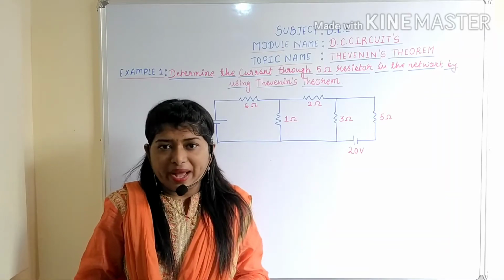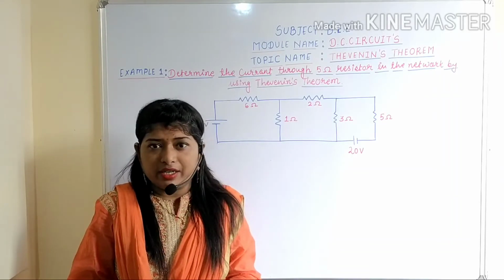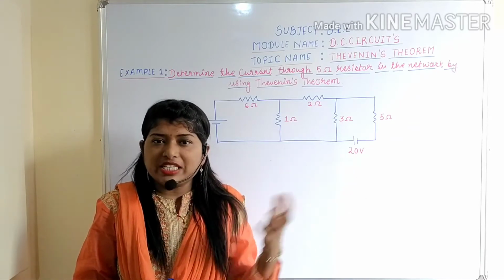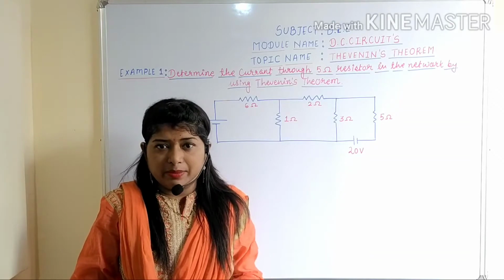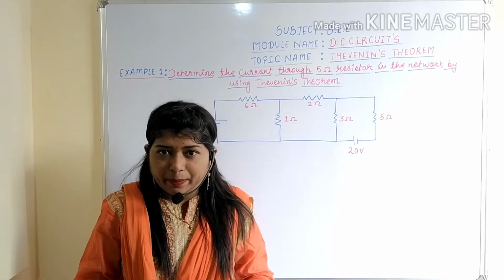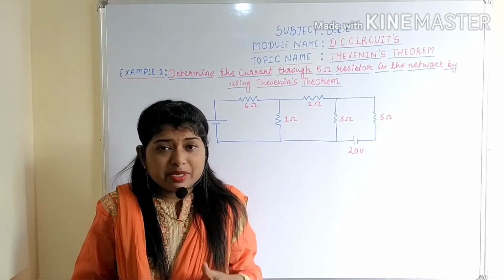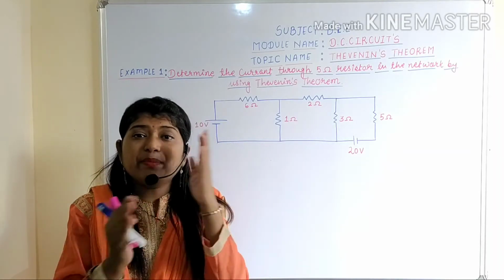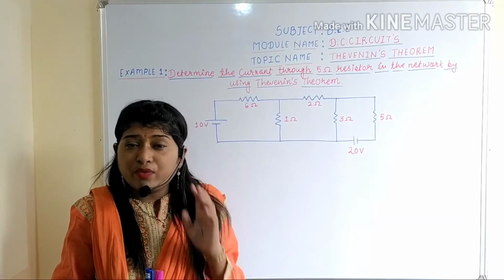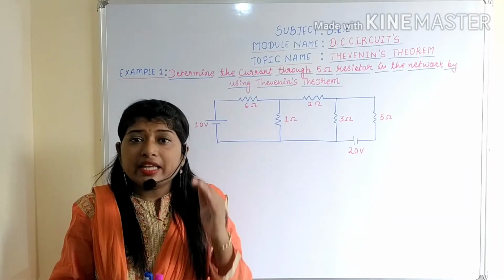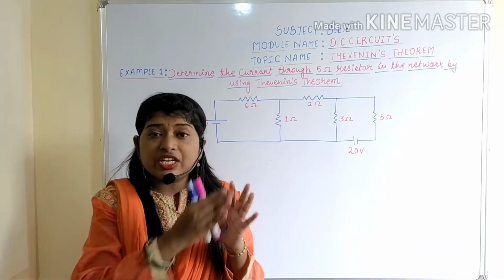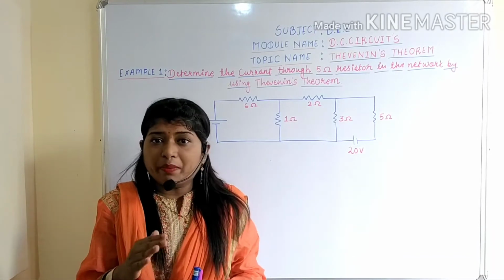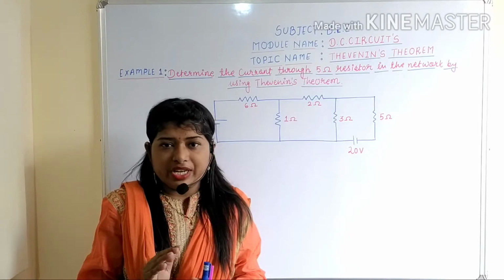The third important parameter is the equivalent circuit. I have already explained how to draw the equivalent circuit with the help of the statement of Thevenin's theorem. Can you recollect the statement? Yes, Thevenin's theorem is: any two terminals in a network or circuit can be replaced by a single voltage source, called Thevenin's equivalent voltage, in series with Thevenin's equivalent resistance. I hope you remember the statement of Thevenin's theorem.